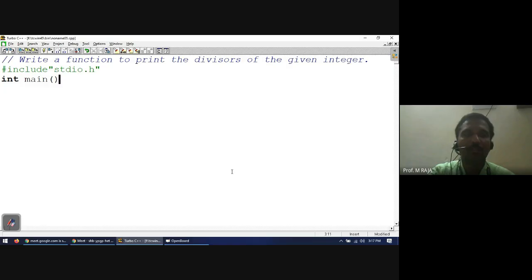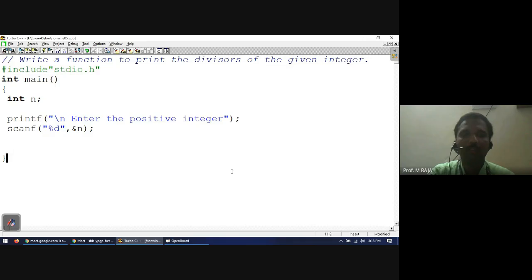Into main, we need to get one input value, so declare the variable as int n. printf("\nEnter the positive integer"); scanf("%d", &n);